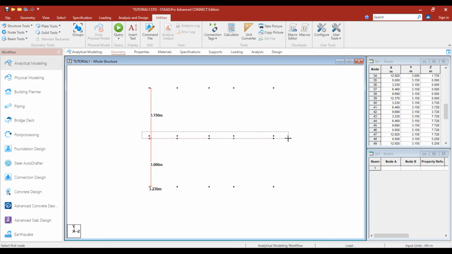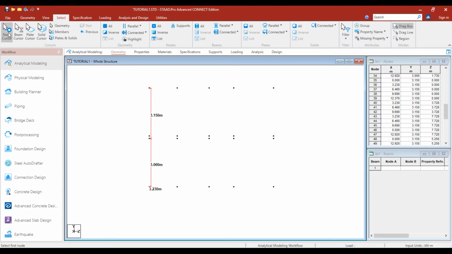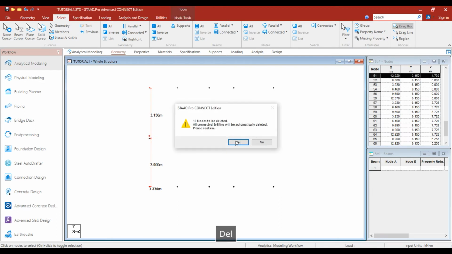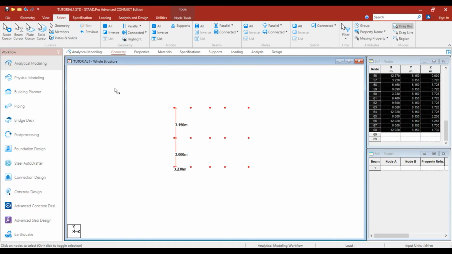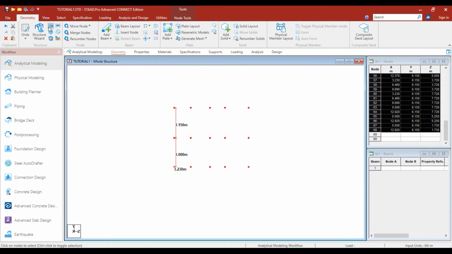Okay, this is it. This is this one. I go back to my select node cursor, I pick on node cursor, and I hit delete. Yes, I don't need it. Then I come to my select node cursor, I select all node cursor, come to my geometry, pick on connect